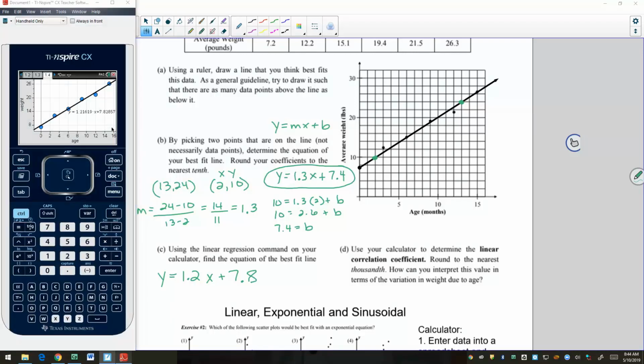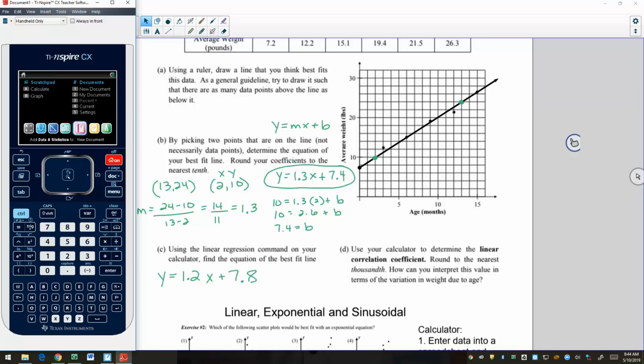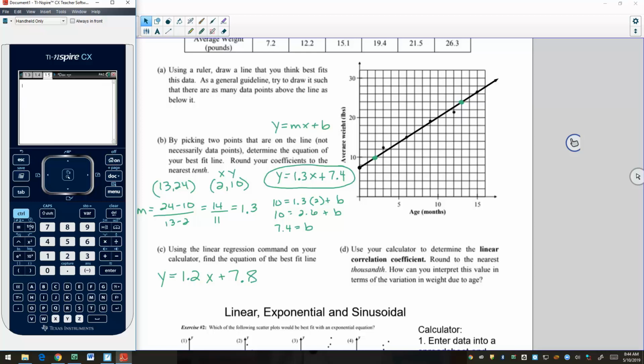All right, now we want to do the correlation coefficient. Remember, the correlation coefficient tells you how close your data points are to actually forming a perfectly straight line, or if it's not linear, it could be exponential, how close it is to forming a perfect exponential graph. So you're going to go back to the home screen. You're going to go to a calculator screen, which is over here on the left. And you are going to hit Menu,